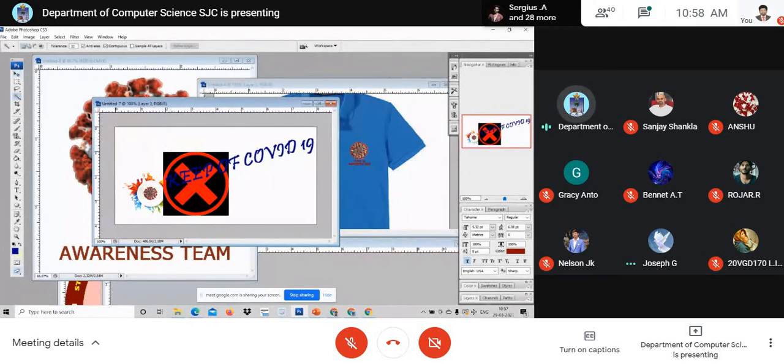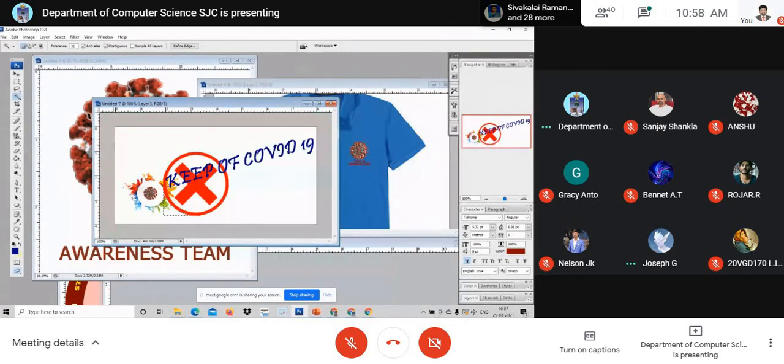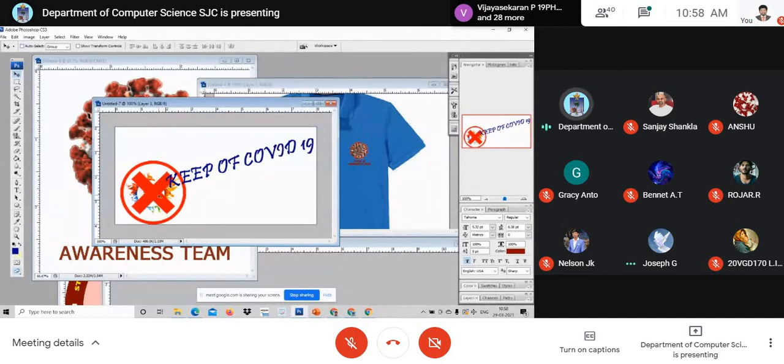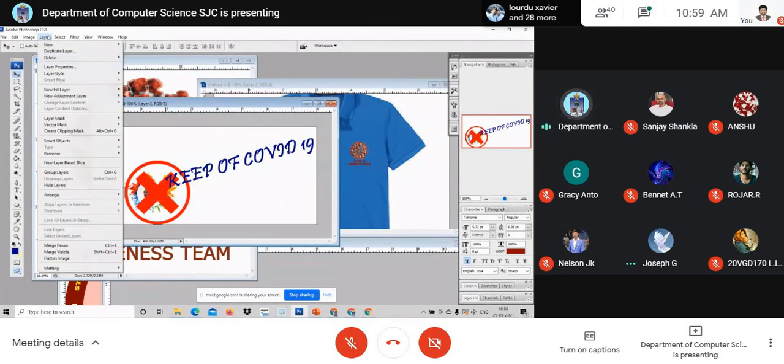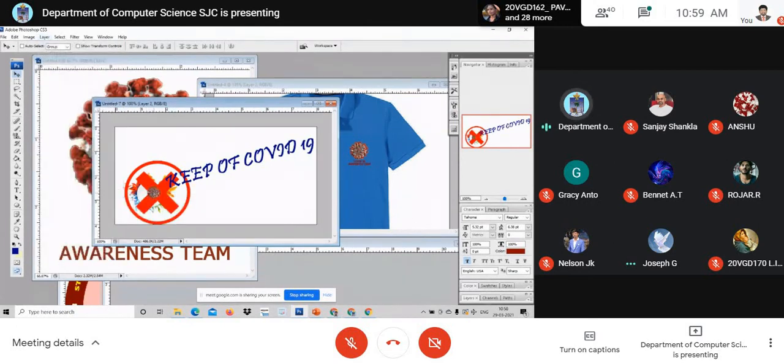I am deleting the darker portion. I can keep it. Am I clear to you? Okay, keep off COVID-19. Reduce it.